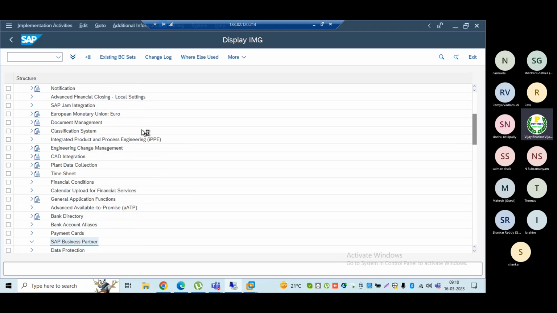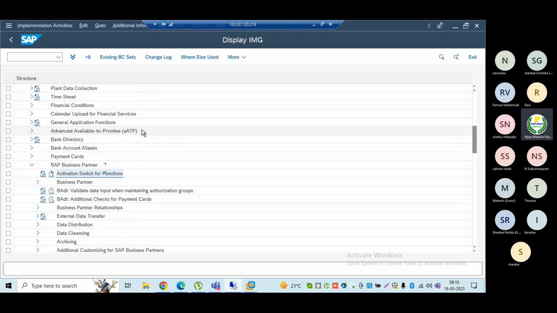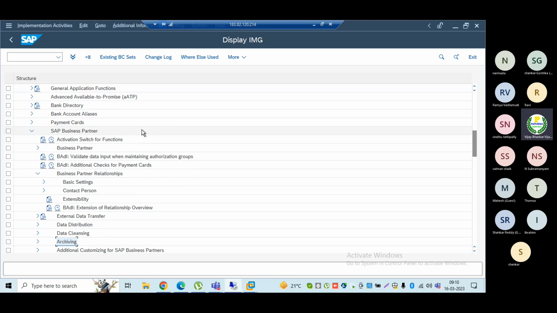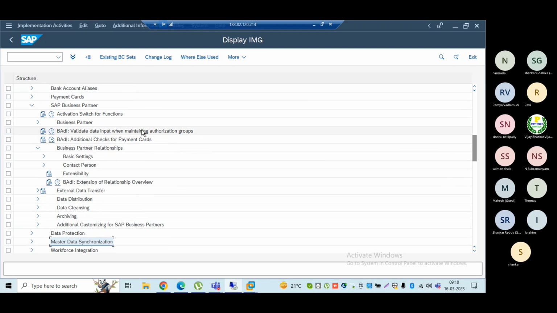Come to the business partner: basic settings, organization, business partner relationship, define number ranges, fields, grouping, authorization, contact person, master data synchronization. You can see here.